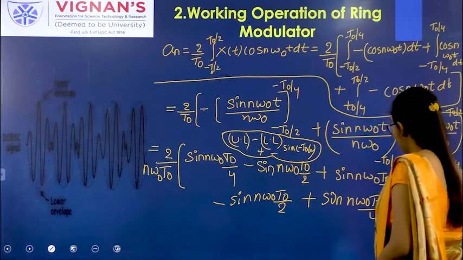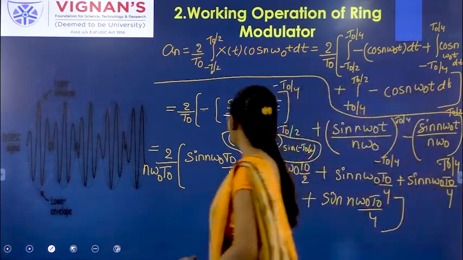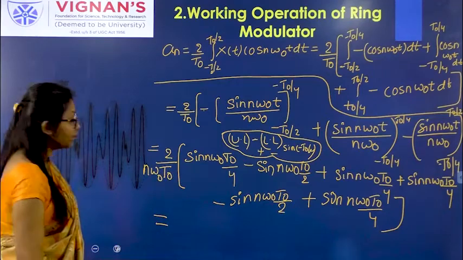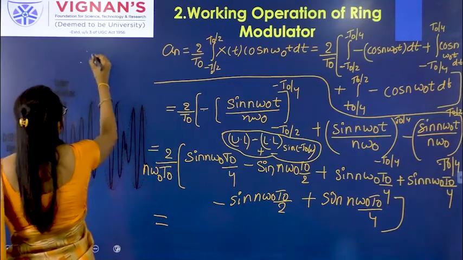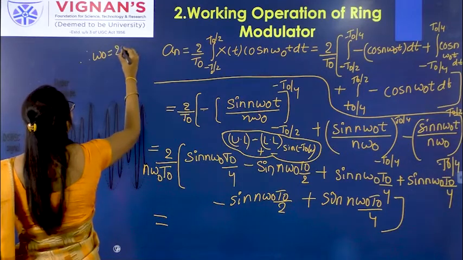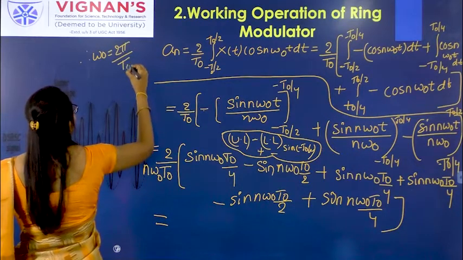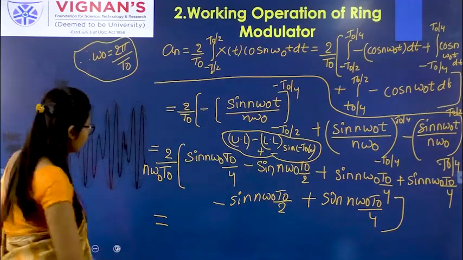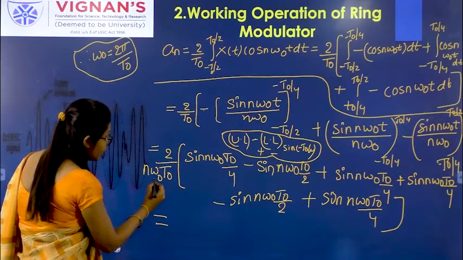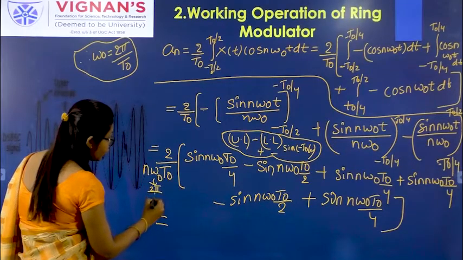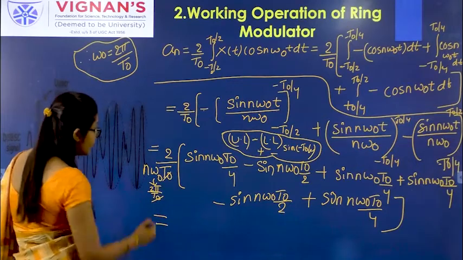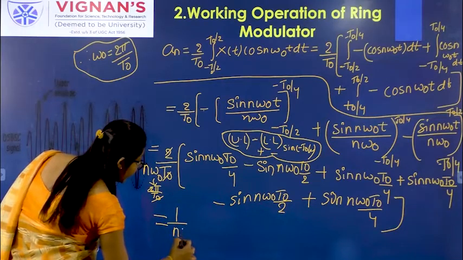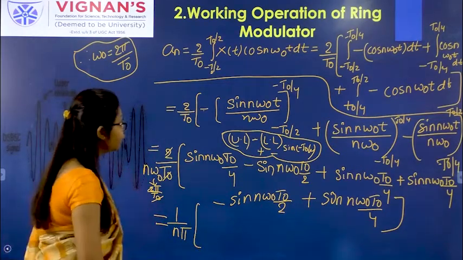So finally you will be getting like this. And next I am writing here omega naught equal to 2 pi by T naught. So consider omega naught equal to 2 pi by T naught. So when you are applying here omega naught as 2 pi by T naught, what you will be getting? T naught will be getting cancelled, 2 also will be getting cancelled. So finally it will appear 1 by n pi into,